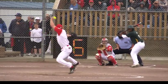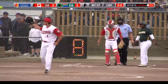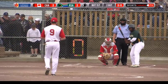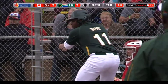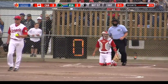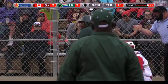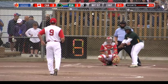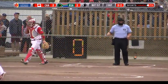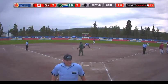Thupudi still at the plate, and Canada's getting bunted on. It's a break in Canada's favor there with that leadoff call. Well executed bunt by Thupudi. And called a strike on the swing. Walsh offers the rise and a swing and a miss. Thupudi down on strikes. And for Team Canada, I think maybe, Joe, a wake-up call as South Africa strikes for